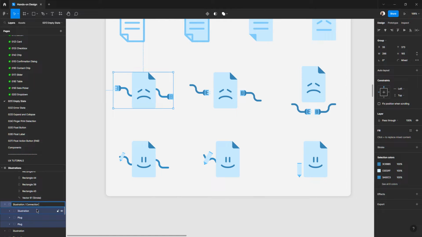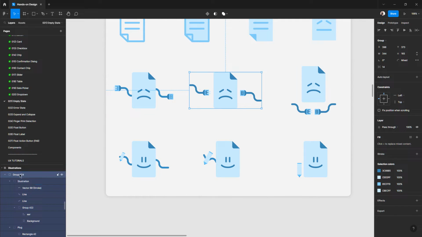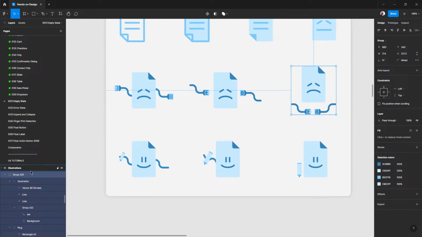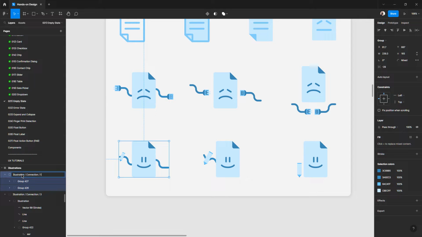Connection 1, right? I will copy this structure. Cool. Then I go to this one here, illustration connection 2. Then I go to this one here, illustration connection 3. Then I go to this one here, illustration. This is not connection, it is add node. Add node 1. I copy this structure, then I come here, illustration, add node 2,